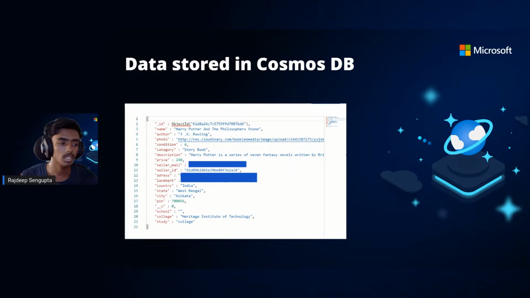Now if you store data from here, the data will look like this. There will be a database entry already created. It will have an _id, and as we are using the MongoDB API, this will be called an object id, and you can find the object id there. Now you can see the name, author, photo, and all the things we have in the schema. As you can see, the school is not a required field, so you can simply skip that. It will come as an empty string or can be null in your database.